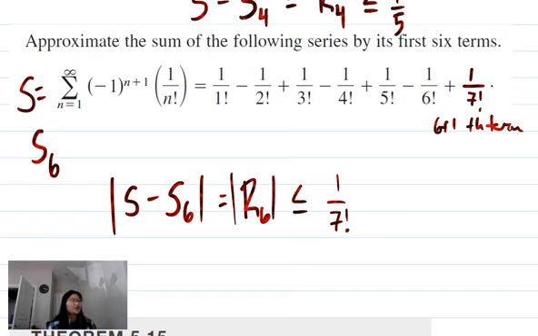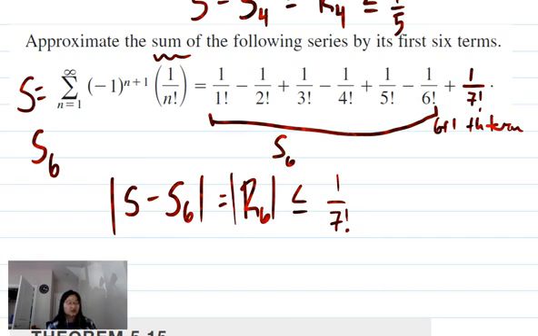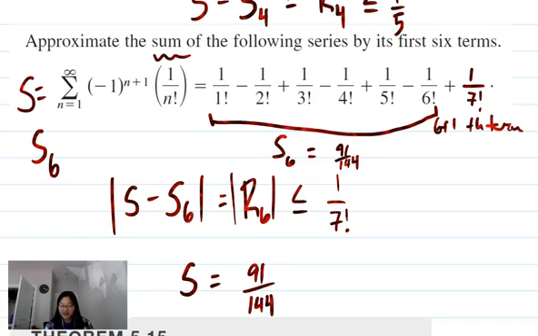But that doesn't really help us find the approximation of our sum. For the approximation, we need to find what this S sub 6 actually is, and through some arithmetic, I'm going to get 91 over 144. I did not just do that in my head, I have this written down. So our actual sum is going to be 91 over 144, and then plus or minus,